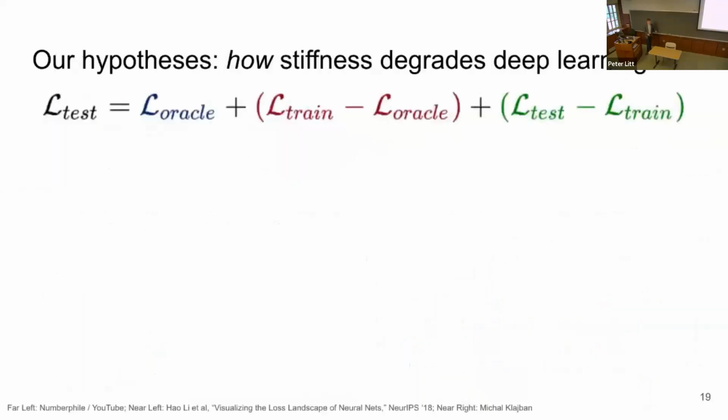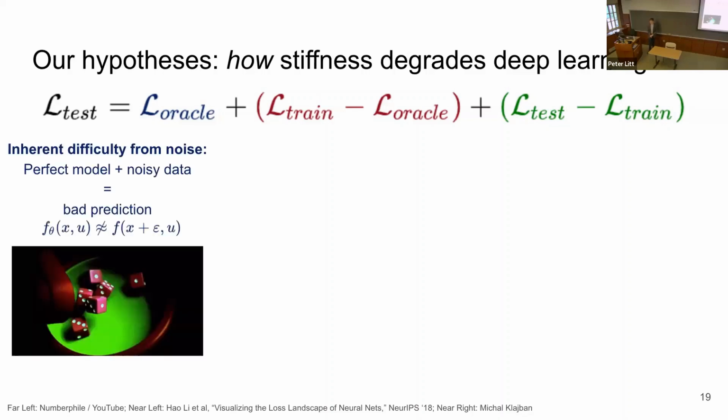So now that we understand how deep neural networks are learning, we can examine how those processes might interface with a very stiff dynamical system. And in particular, like I said, we're interested in test time prediction error, L-test. And I'm employing a standard technique here in machine learning called a telescoping sum, where you decompose that into a series of pluses and minuses of different values. And we're going to go through these three terms and talk about why they're important and what stiffness will do to each of them. So the first is what I would call the oracle model error.